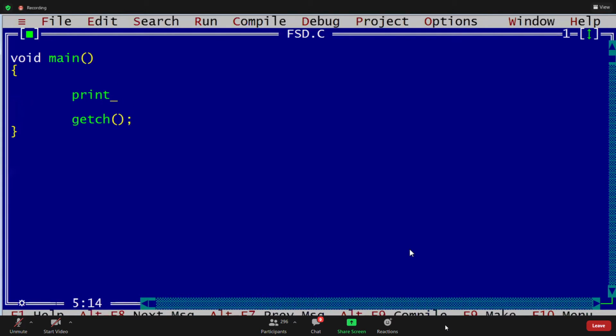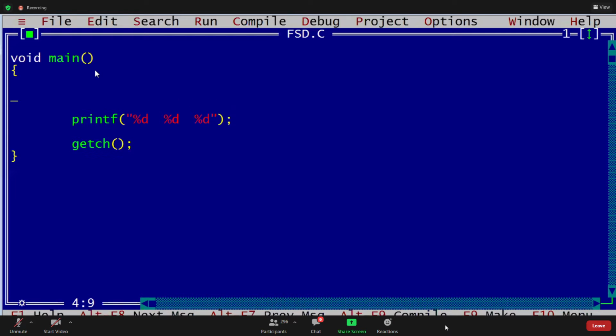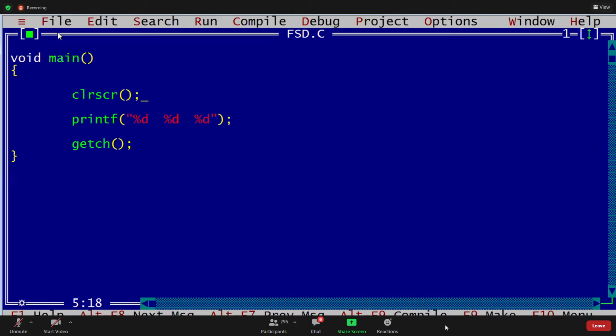If I write a printf of percent d, okay, now what is this value? What does it print, guys, in this compiler now? Garbage values will be printed. Good. Now check it. If I run this, it is printing garbage values. Clear screen removes the previous output. Once I execute, these are the garbage values it is printing. Okay, my question is not this.